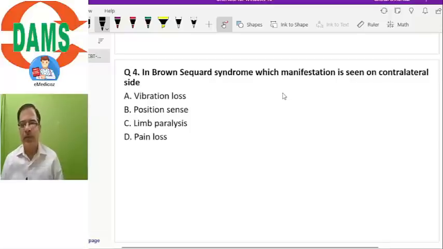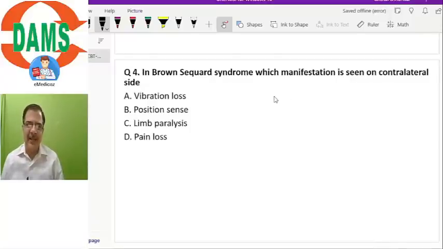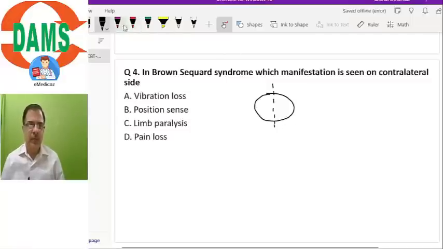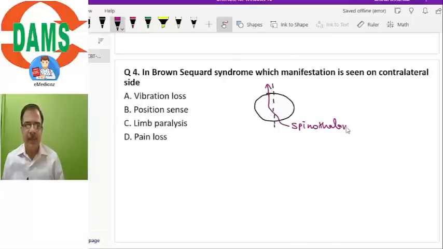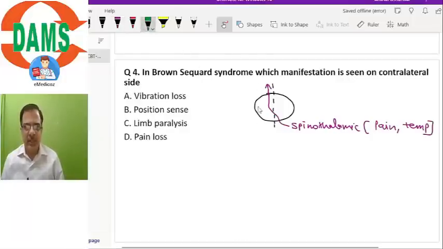In Brown-Sequard syndrome, which manifestation is seen on the contralateral side? So if we see this is the spinal cord, and suppose this is the midline. The fibers which come from the contralateral side and then ascend, they are the spinothalamic tract. So spinothalamic carries the pain and temperature sensation, while the fibers which ascend on the same side are the posterior column, and the posterior column is responsible for the vibration and position sense,